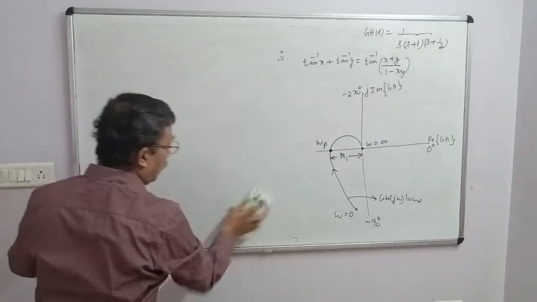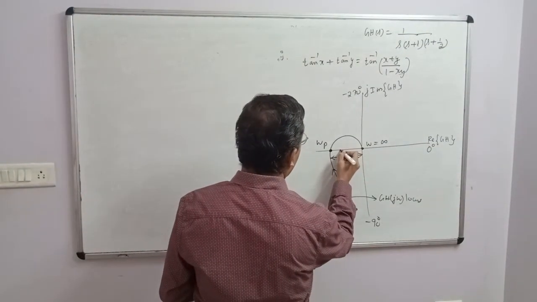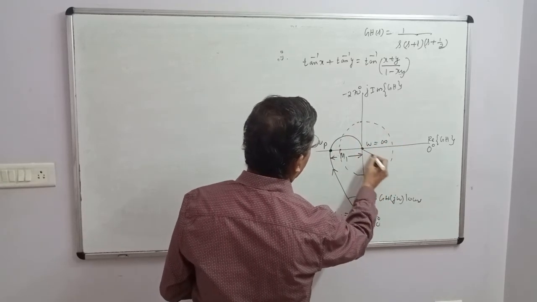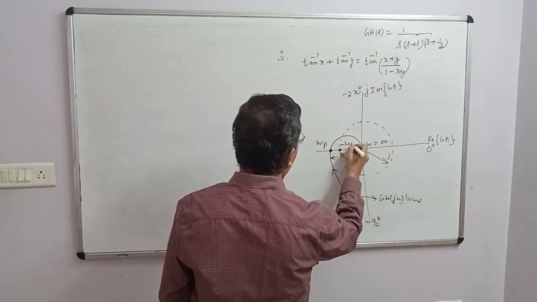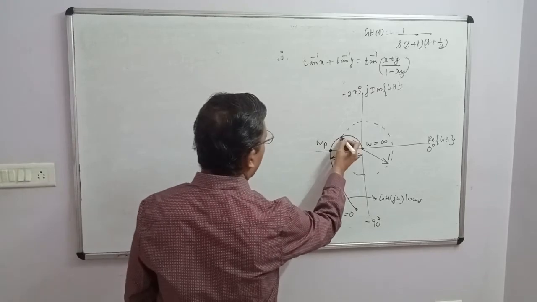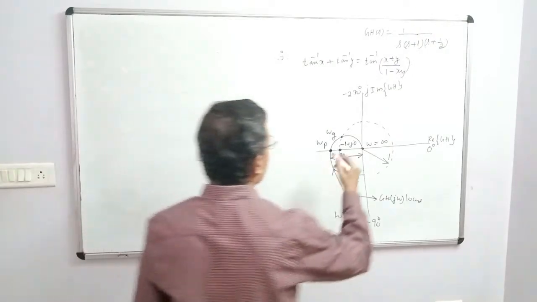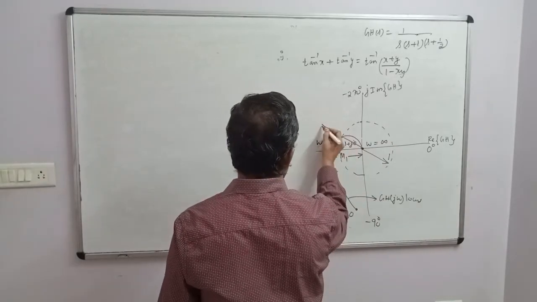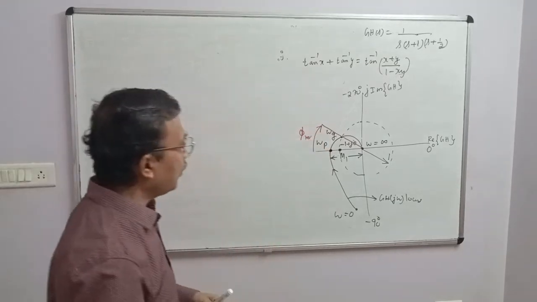Next, third one, we want to find omega g. Now m1 is more than 1, therefore this is the unit circle. The radius of this circle is 1. This point through which it passes is minus 1 plus j0. So this is the gain crossover, and that frequency is omega g. You draw a line passing through this intersection point. This angle is the phase margin. Obviously, phase margin has to be negative.